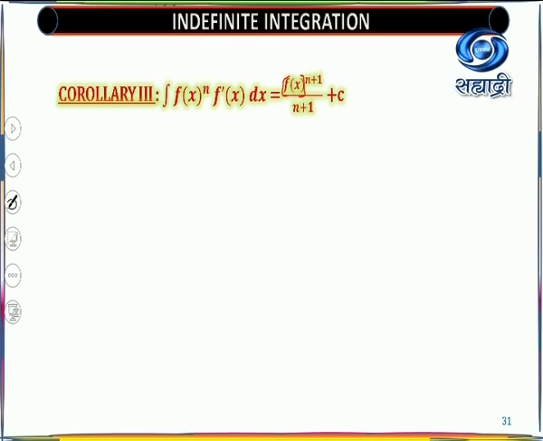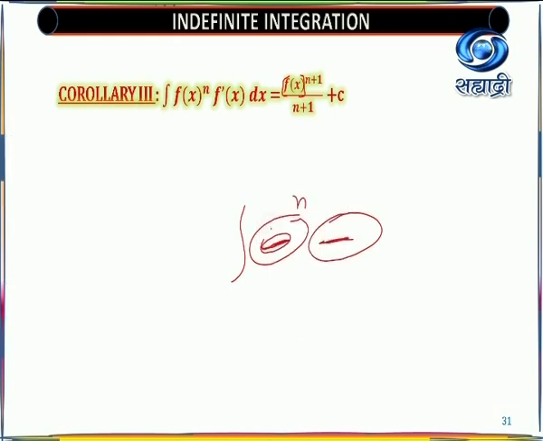Means what? Whenever there is an integral, you start thinking, is there a combination of functions in such a way that whatever the power may be, the derivative of the inside function is here. If it is there, that means here you have some other function, suppose phi. So you will get here phi, then here you will have phi dash, and whatever the variable is, its derivative. If this kind of function is there, immediately you have to add, it is like you are using the x raised to n formula. x raised to n plus 1 upon n plus 1 plus constant of integration.